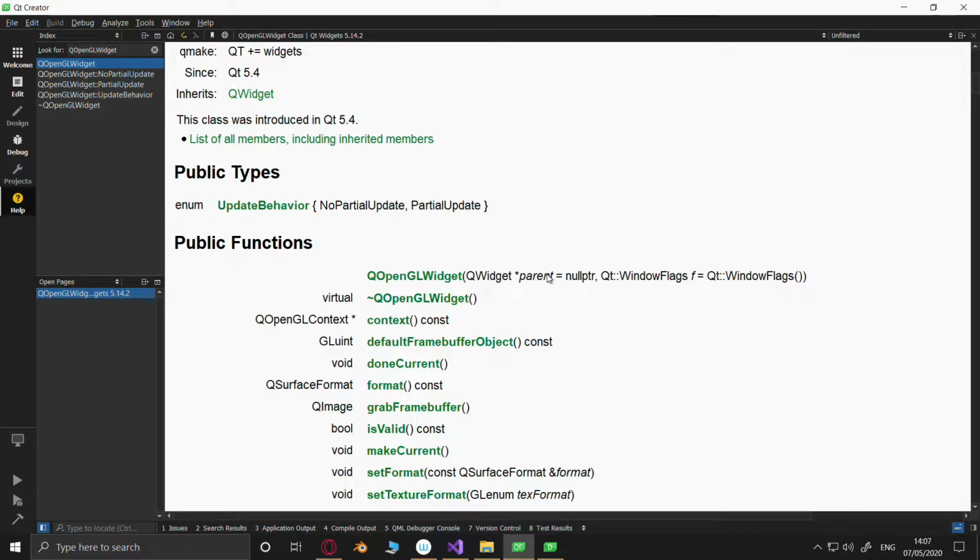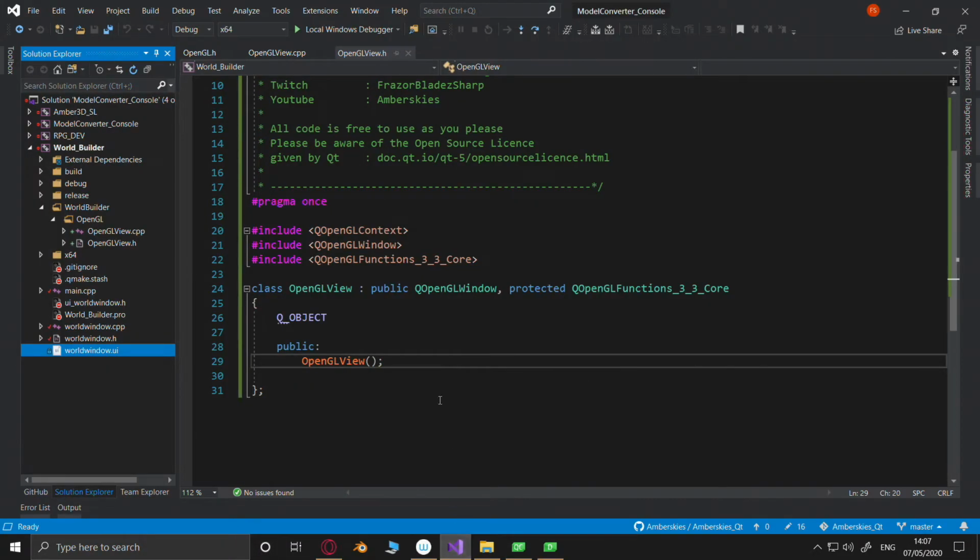It's Gui Widget parent. Oh, it takes Windows flags. Nice. That could be interesting. So no, we can't use this.